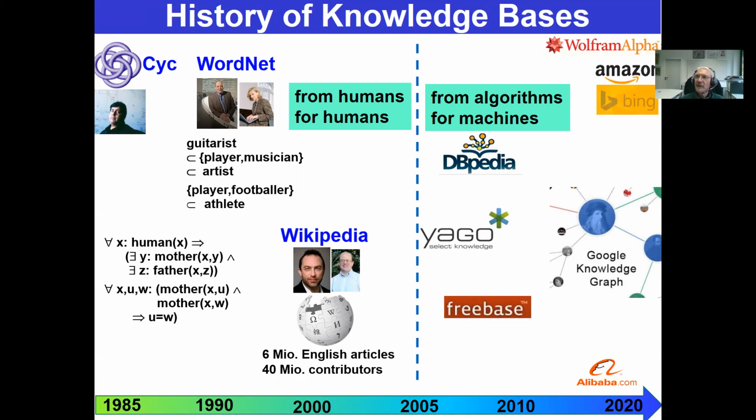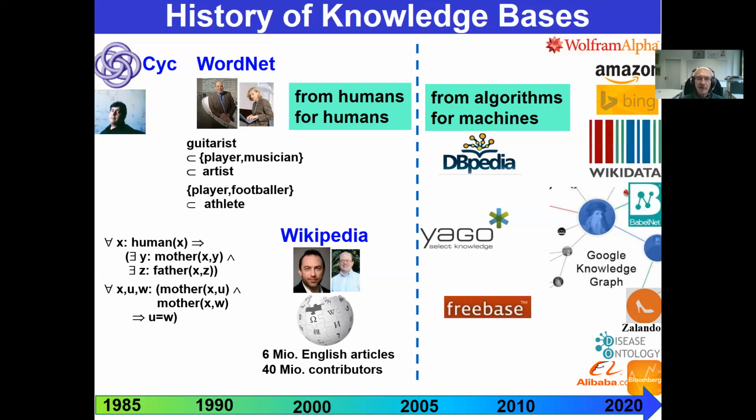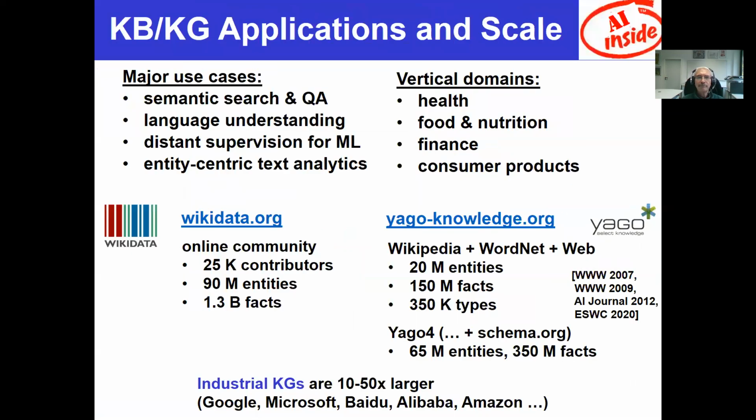There were other industrial players early on, like Wolfram Alpha, and then all the usual suspects, the internet giants, joined that technological trend as well. Today, there are also large knowledge graphs in industries other than the internet. Bloomberg is finance, Zalando is fashion retail. There's a number of projects in the health domain, and there are new academic players on the block as well.